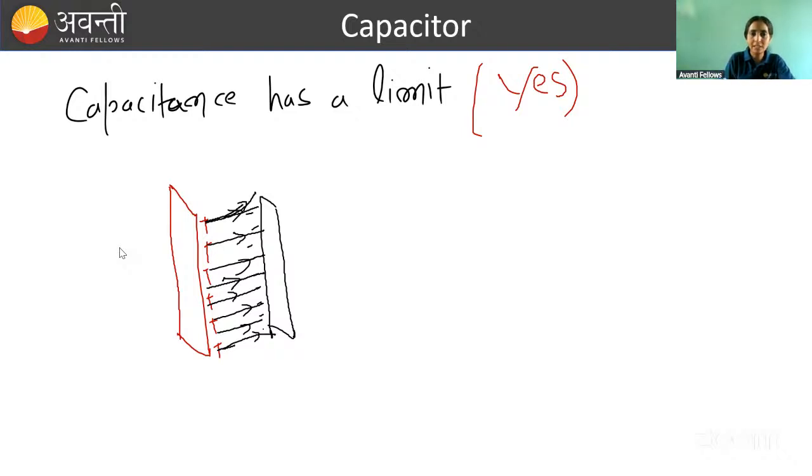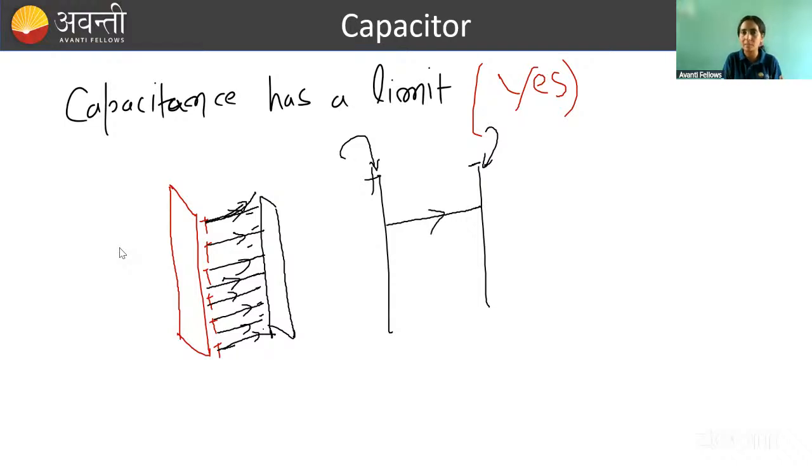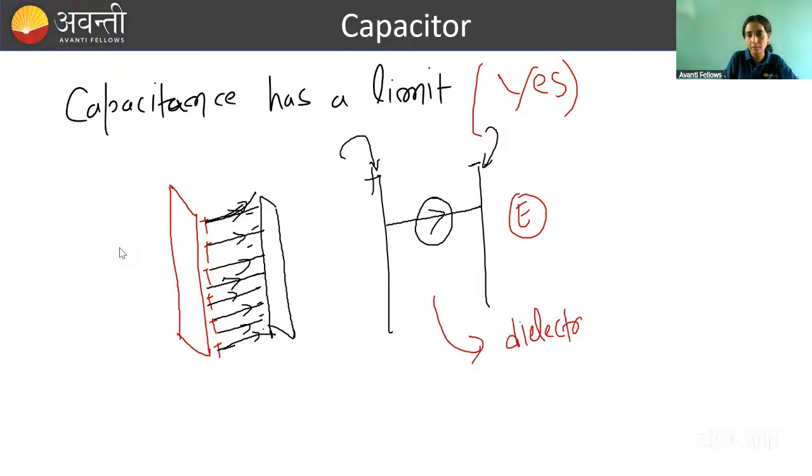So because of this electric field in the region, what will happen? देखो, जैसे जैसे हम इस प्लेट पे पॉजिटिव चार्ज बढ़ता जाएगा, यानी कि इस पे नेगेटिव चार्ज बढ़ता जाएगा, value of electric field in the region will increase because then more number of field lines will come out from the positive plate and end on the negative plate. Done it? So as you are increasing the charge, electric field value is getting stronger. And can we make it as strong as we want? कोई भी लिमिट दे सकते हैं क्या इलेक्ट्रिक फील्ड को? कितना भी बढ़ा सकते हैं क्या? No, we cannot increase electric field to any value because every dielectric, every insulator has